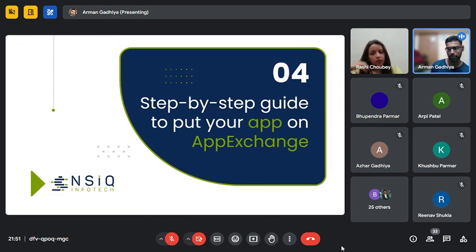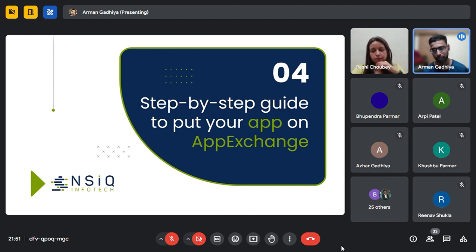Okay. Step-by-step guide to put your application on the AppExchange. This is a very important step. If you wish to publish your application on the AppExchange, first you should have the idea: how can you create your application, whatever business idea you have, and most importantly, what purpose, what motive, what kind of problem you are solving with your application.